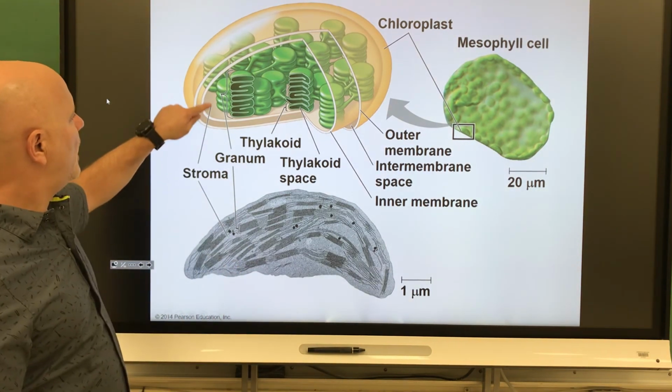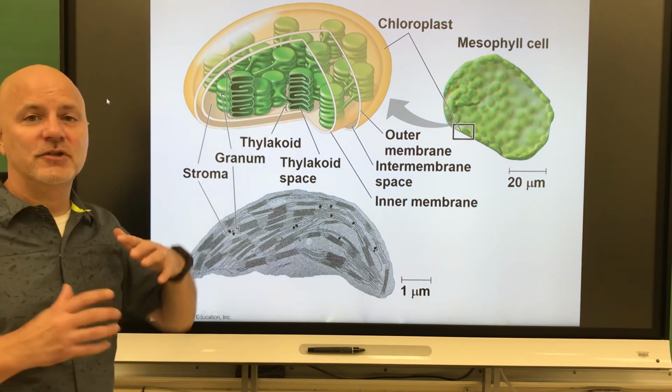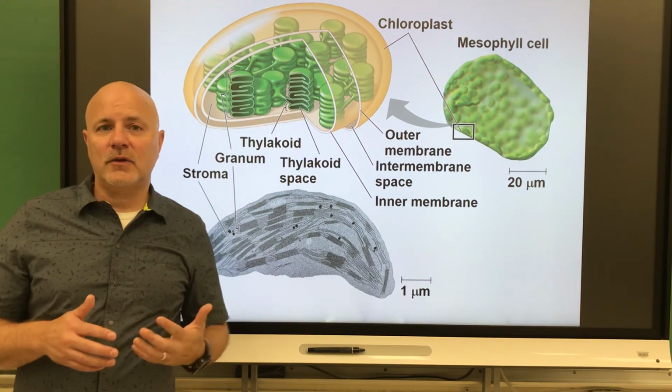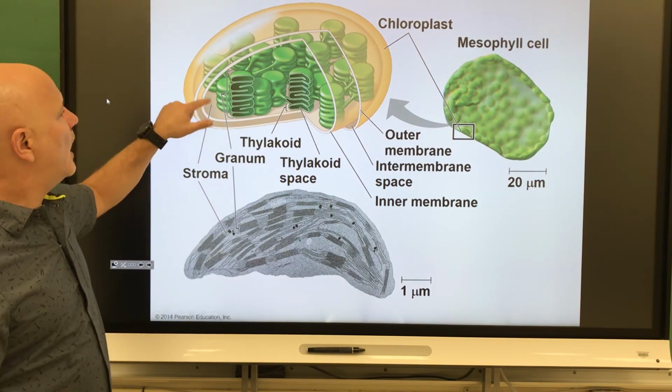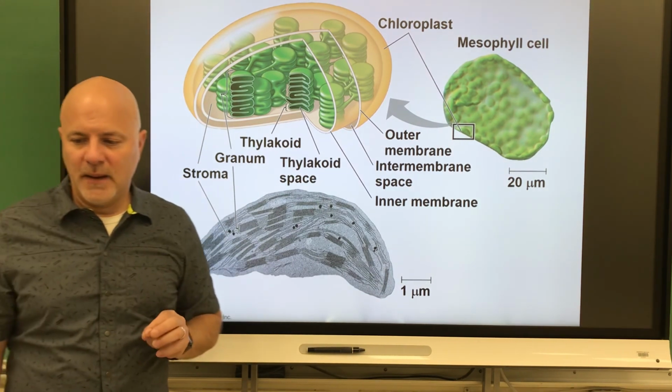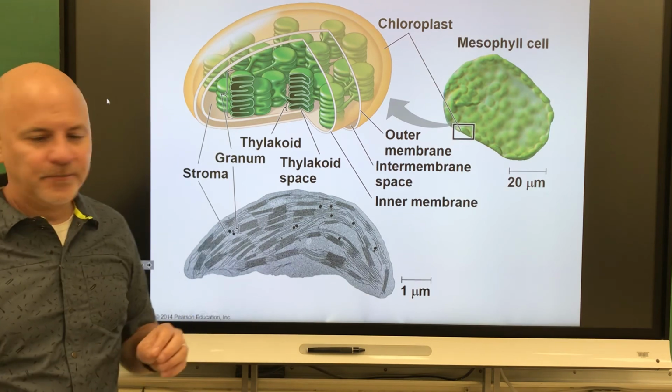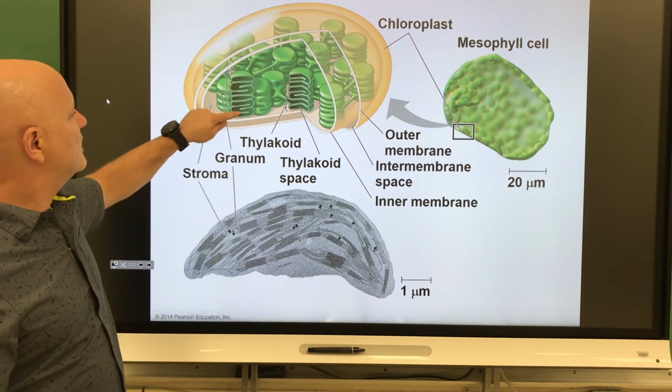They have stroma, a jelly-like fluid within the chloroplast, similar to cytoplasm. All right, the stroma is where the glucose is made, where the sugars are made. Next are the thylakoids. These thylakoids